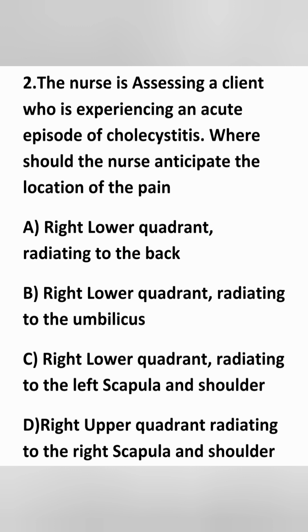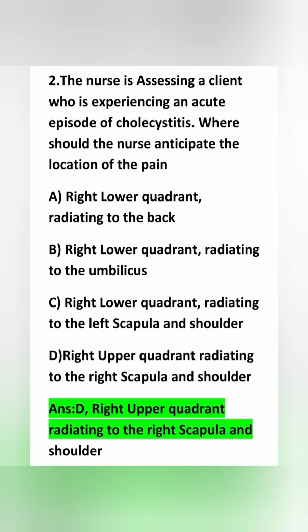Here the question is that the patient is diagnosed with an acute episode of cholecystitis, that is acute cholecystitis. Cholecystitis means it is an inflammation of the gallbladder. So as a nurse, she should know where the gallbladder is located. Then she can identify the area of the pain. The gallbladder is located in the right upper part of the abdomen, the right upper quadrant. And the type of pain we can see in case of acute